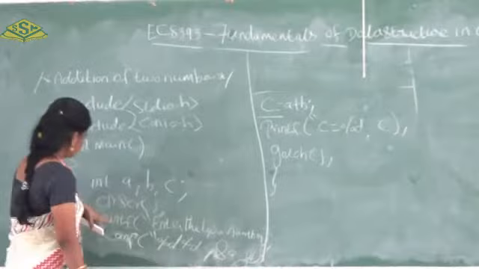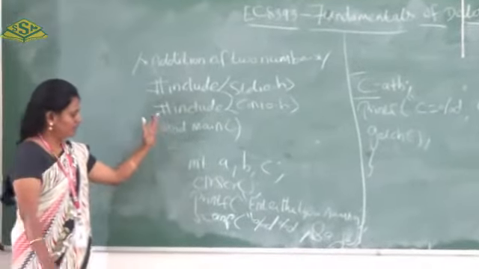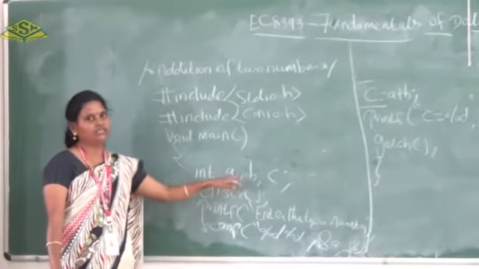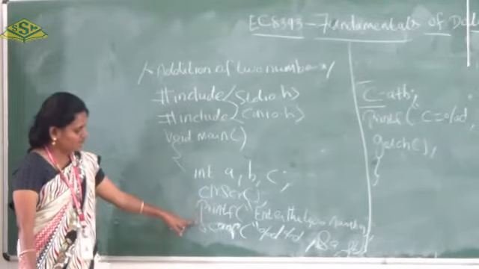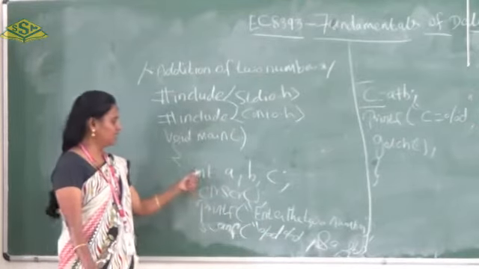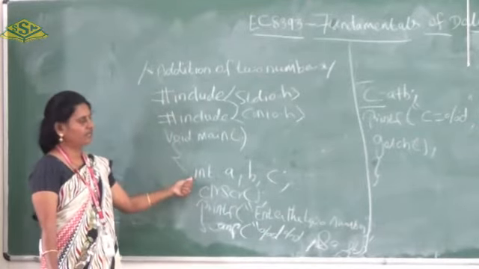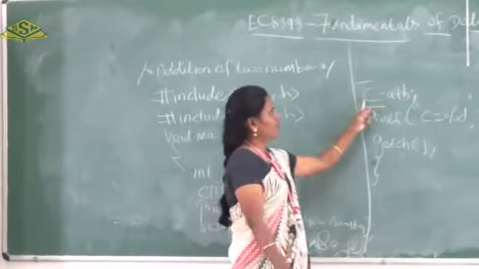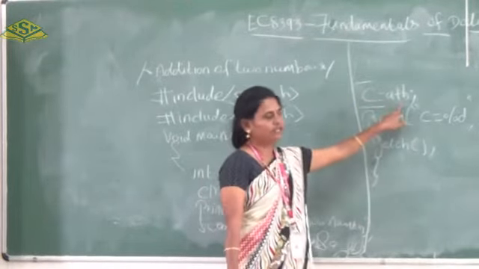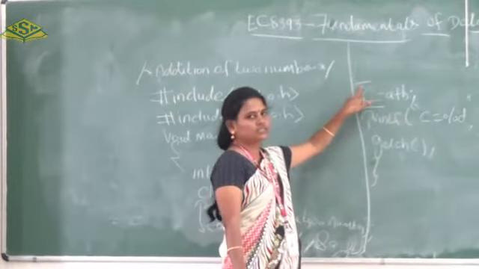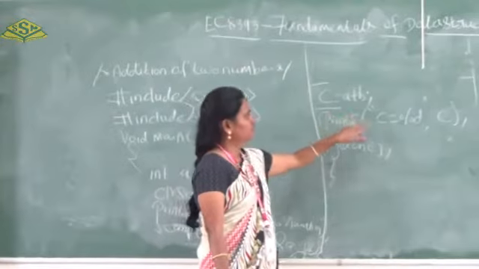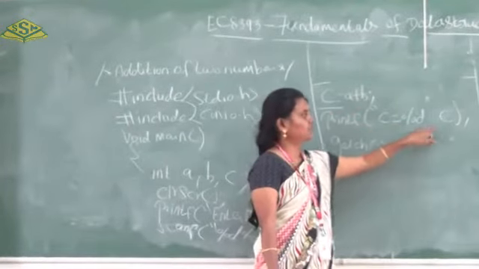So again I will explain. We have to declare the variables in integer format. So I have declared A, B, C. Then I have given the scanf statement. The %d is used because we have declared the variables in integer format. After that we calculate; this statement is called an executable statement. So C is equal to A plus B. The answer will be stored in the C variable. So we have to print the C variable: printf C is equal to %d, C.